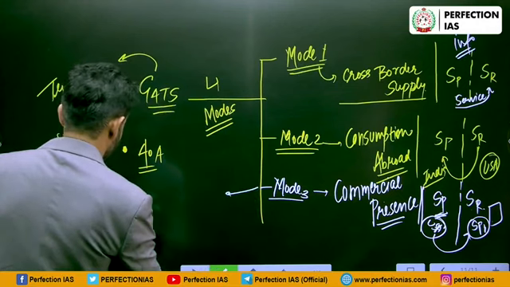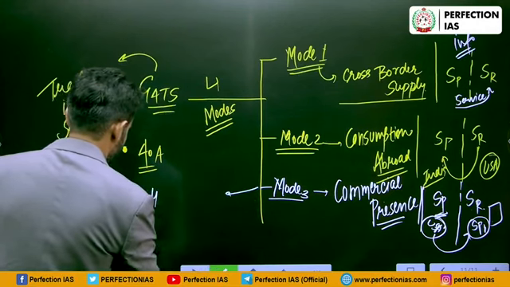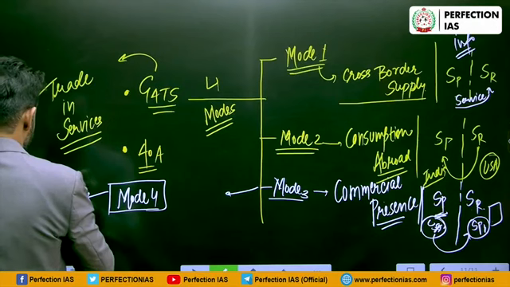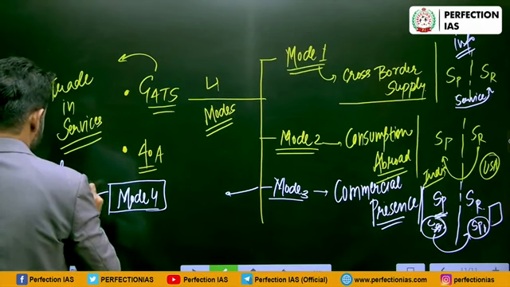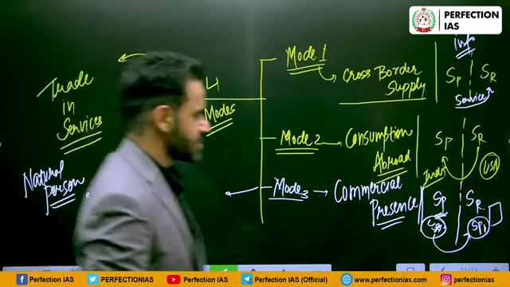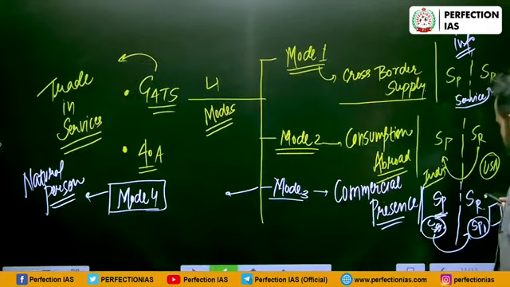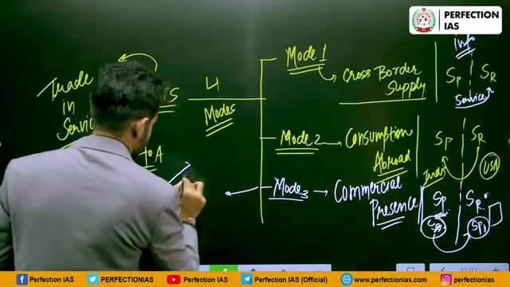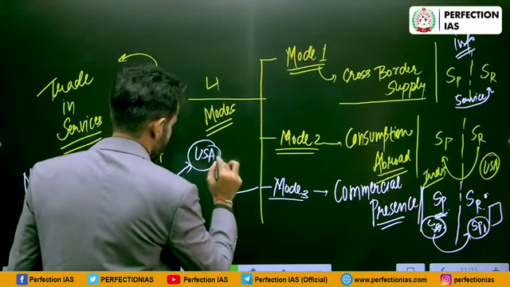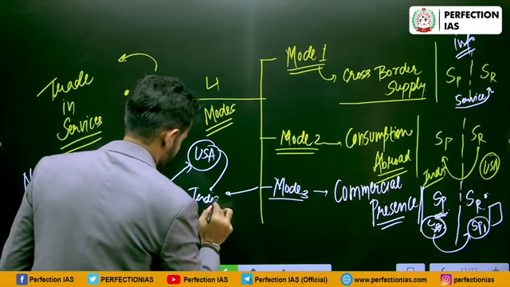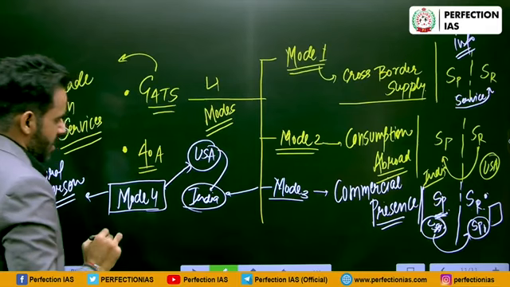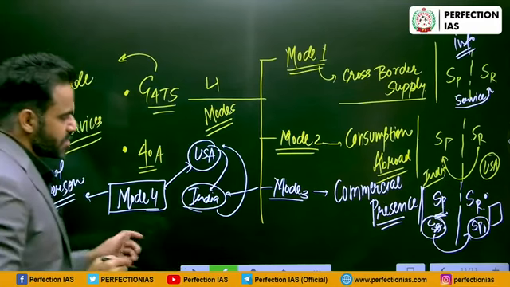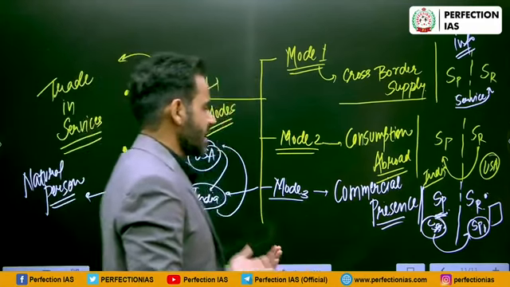Now we are going to discuss mode 4, and it will lead to movement of natural person. What does that mean? It means, suppose any professor from USA is coming to India to deliver a lecture in any Indian institute. Say, let's consider it this way: a professor from USA is coming to India to deliver a lecture. After delivering that lecture, the person will again visit their home country. That means they are going to visit India for a short assignment, and after that they will go back to